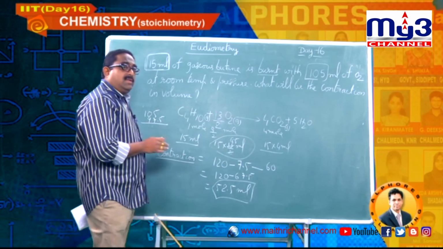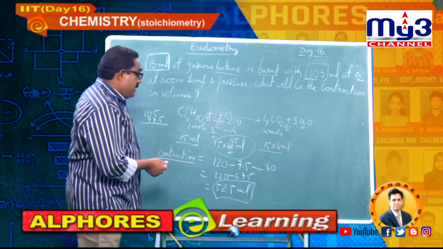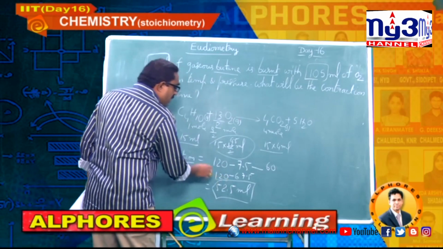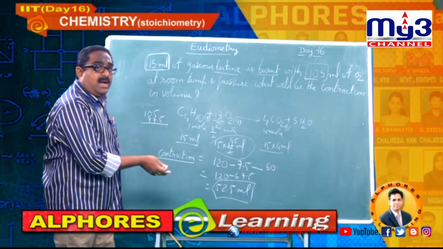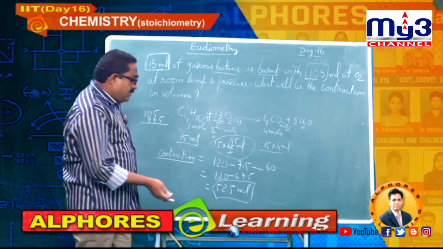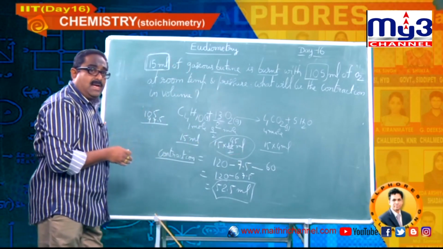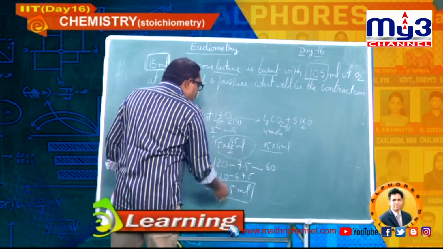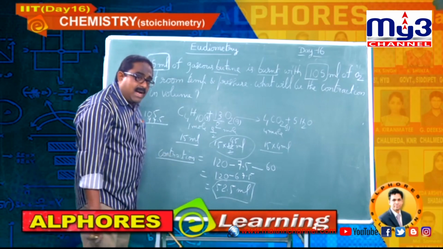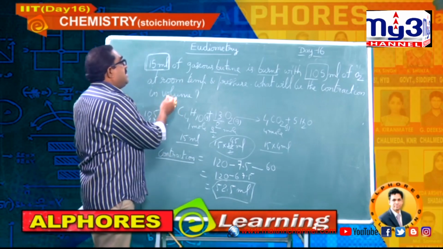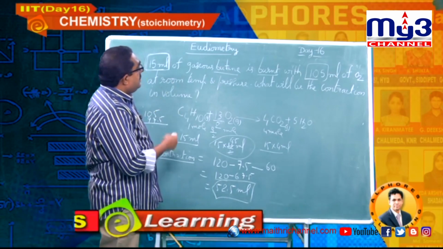Contraction in volume always gives the volume of reactants minus volume of products. Volume of reactants total I have taken 120 ml. Out of that, 7.5 ml of oxygen is left unreacted, so it will be in the products also. That's why I have subtracted 7.5. And 60 ml of carbon dioxide is formed, so I have subtracted 60 also. So finally you will be left with 52.5 ml. Contraction will take place during the combustion of this particular gaseous butane given to us. Please note it down. Then we will go.